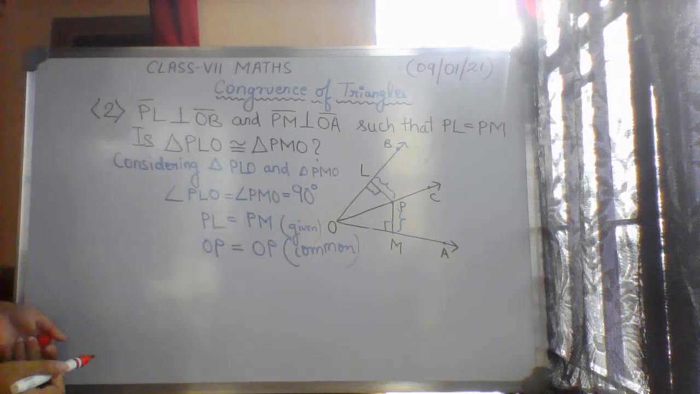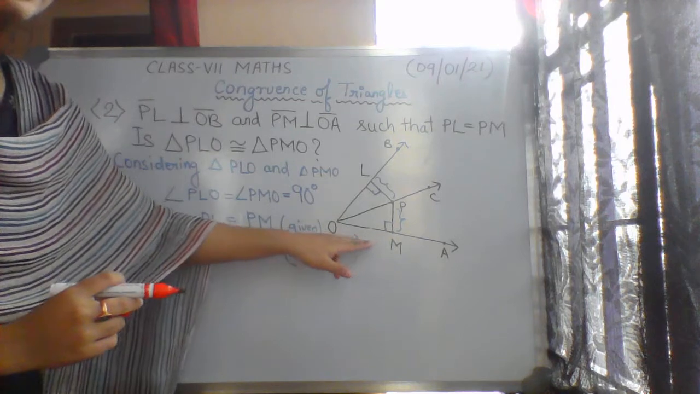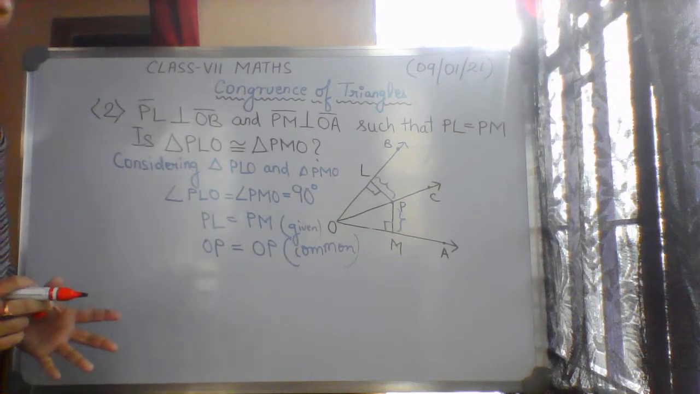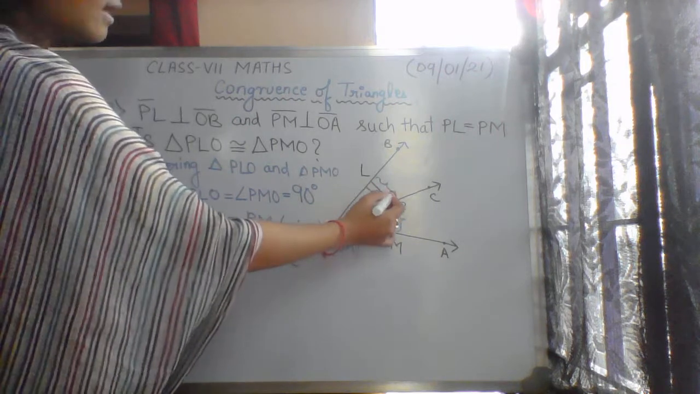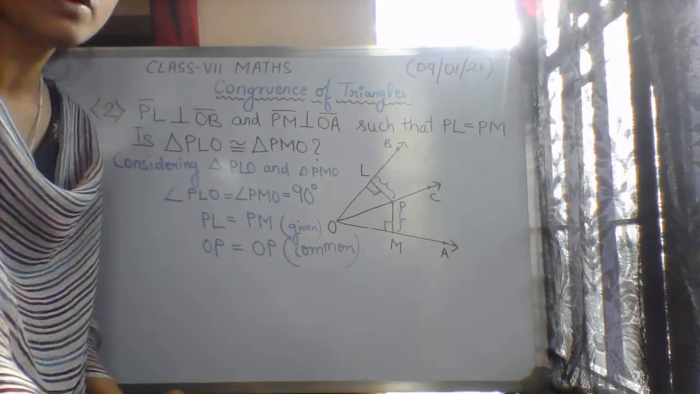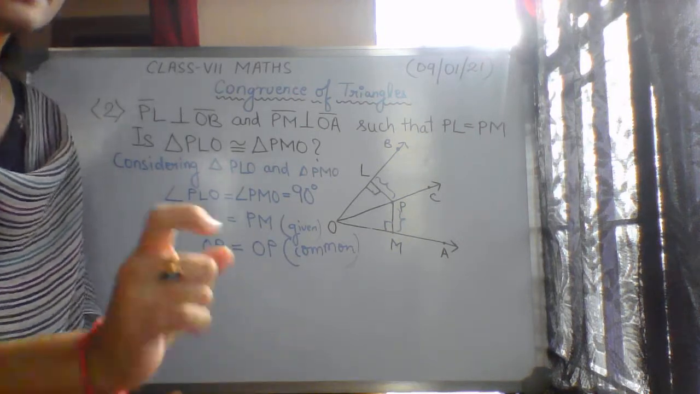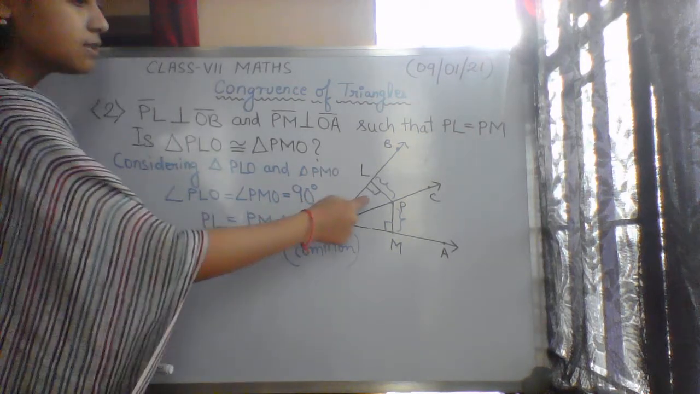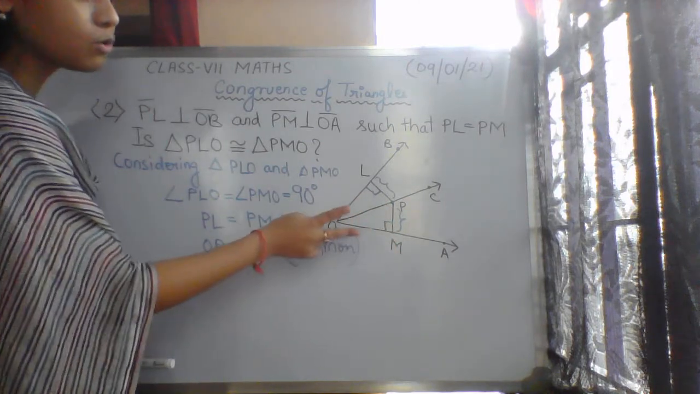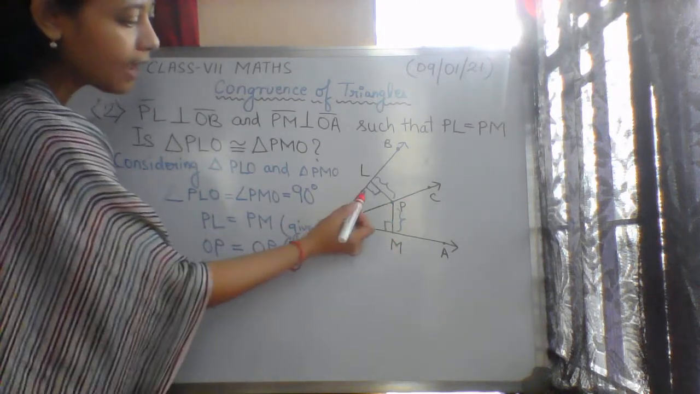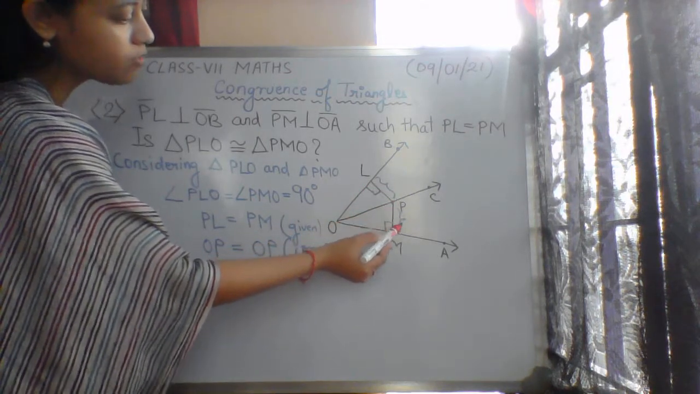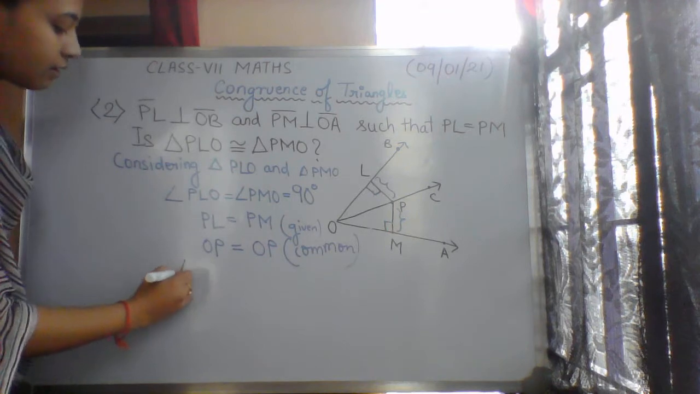So the hypotenuses are equal, and we have a right angle, and one other side is also equal. The right angle is equal, the hypotenuse is common, so for both triangles the hypotenuse is equal, and one of the sides, already given, is equal to this side. So triangle